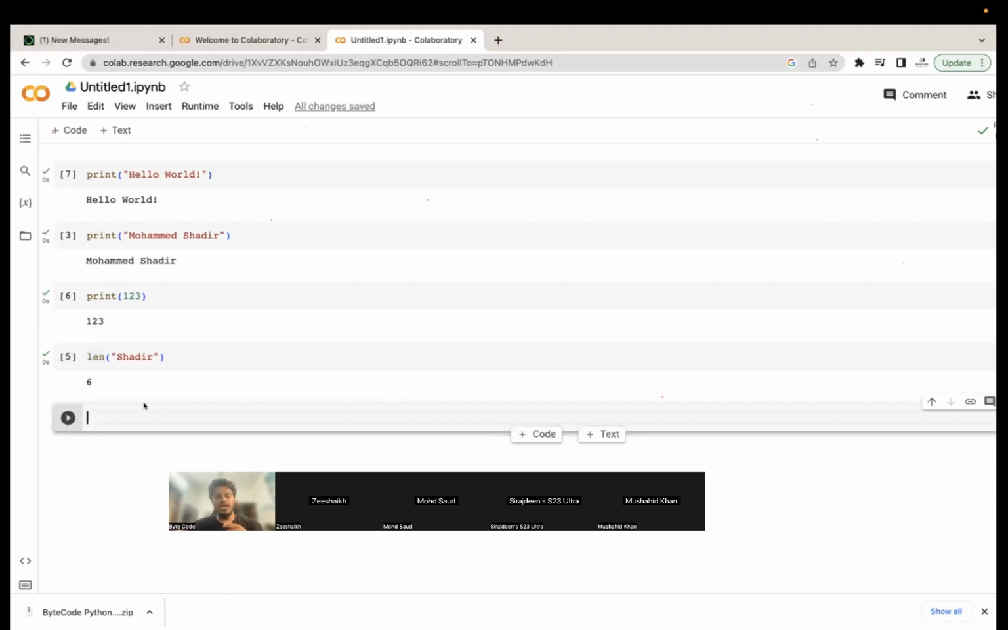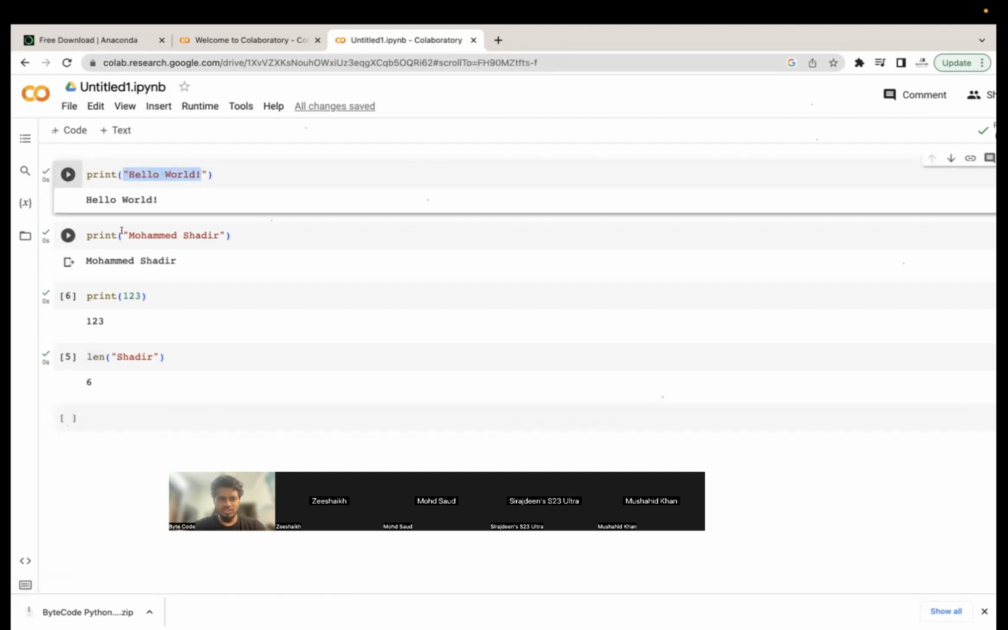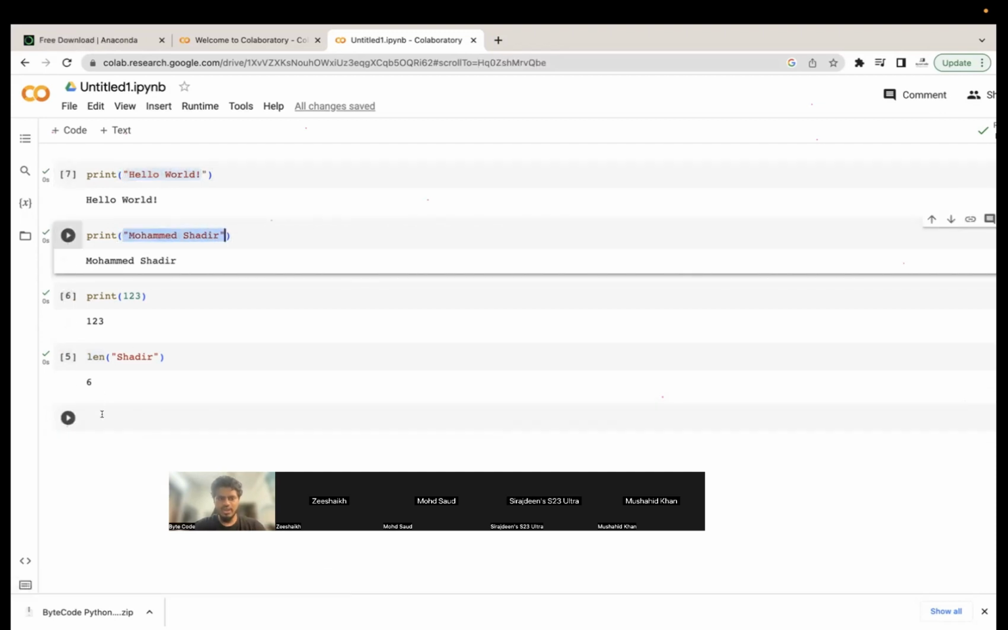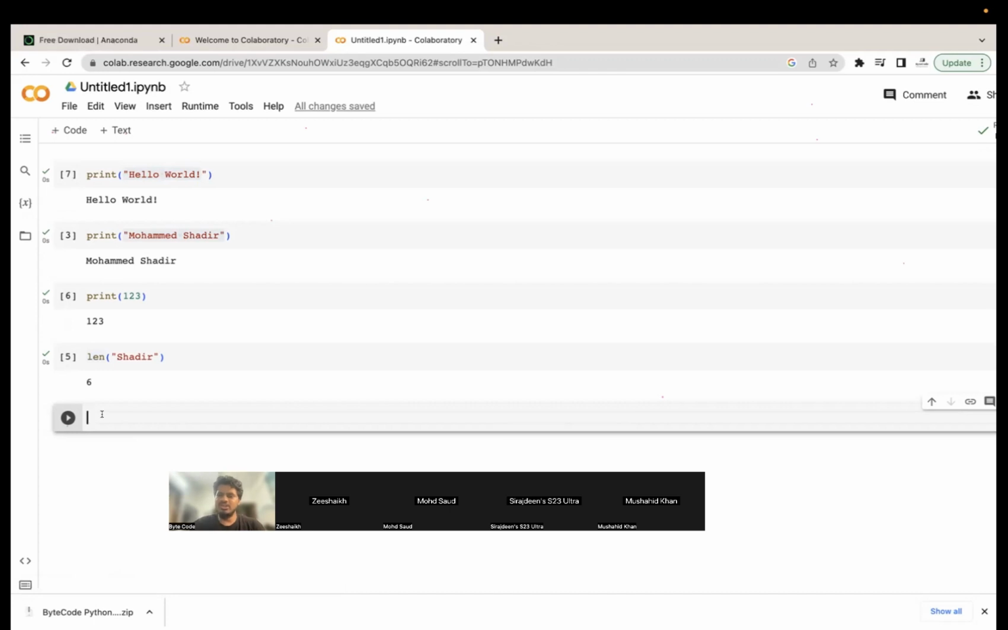Okay. So now I hope everybody has written this print function. This might be your first code. Now let's suppose I want to store my name. So what typically happens is